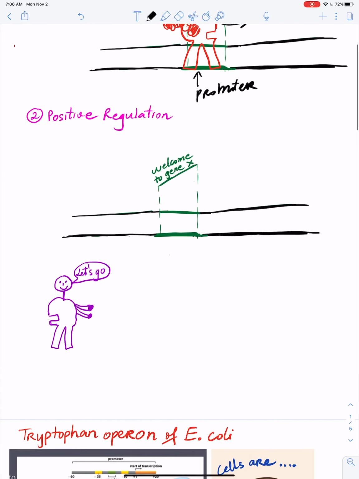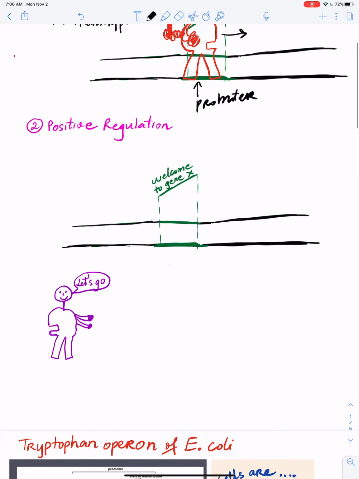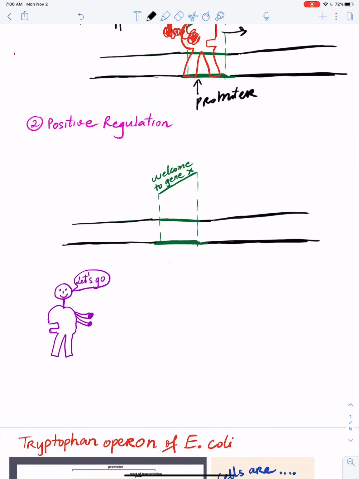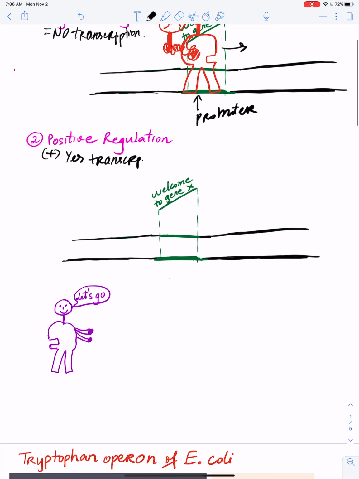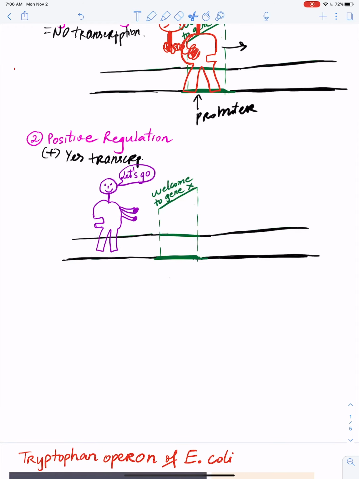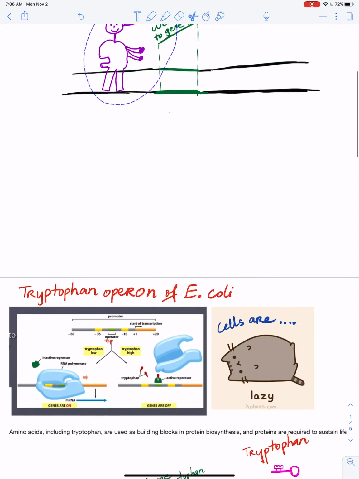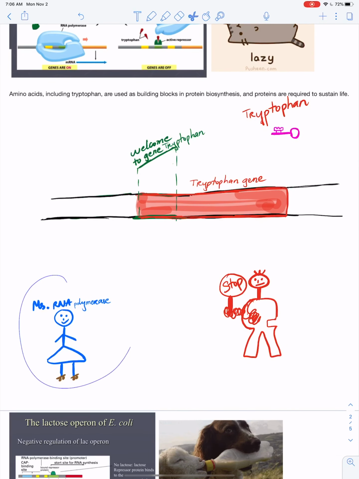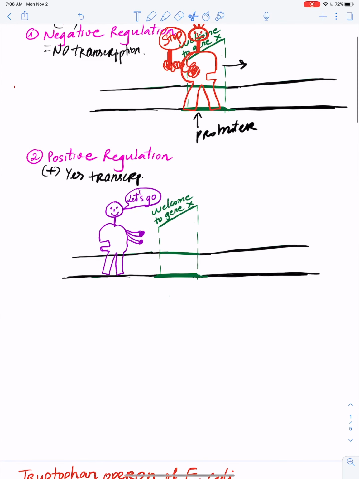For positive regulation, again, the DNA acts as a road, and the promoter is a door, the doorway to get into the gene. So positive means adding, it means yes, there's transcription happening, depending on the ligand. And in this case, the guy standing in front of the doorway is not a repressor, it will be the activator. So Mr. Activator will act as a helper, pushing